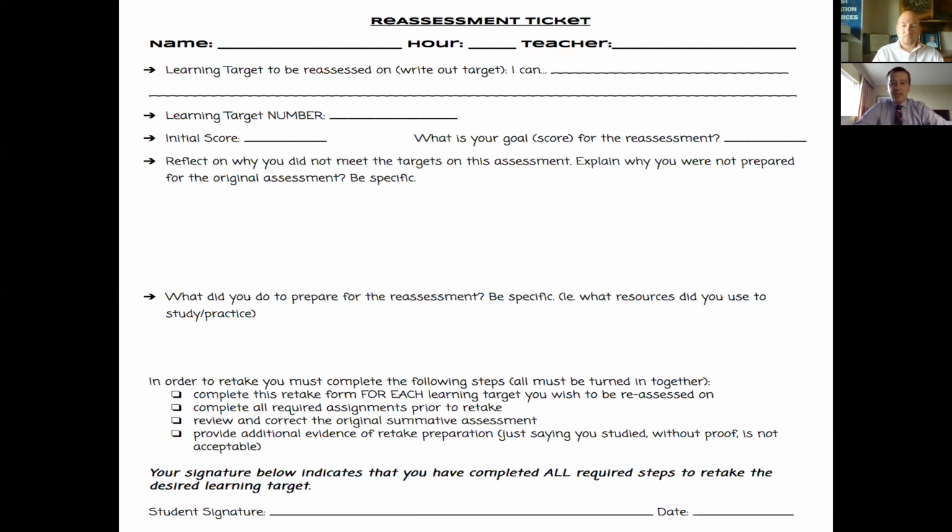If I, after I run a race, need to go for a massage, I must book an appointment. You as educators are professionals. If a child needs to come see you for some additional reteach time, some more learning, they should book an appointment. And you should give them an appointment card like they would get in the real world. And they should show up for their appointment and get their 20 minutes of reteach